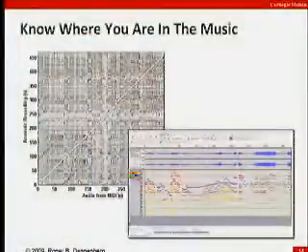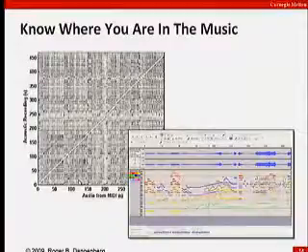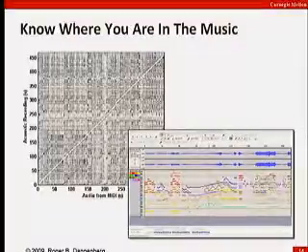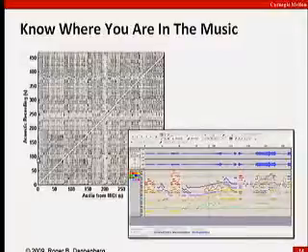This is Beethoven's Fifth Symphony, first movement, and the horizontal axis is audio rendered from a MIDI file, and the vertical axis, I think, is the Philadelphia Orchestra, but it's a human orchestra playing,